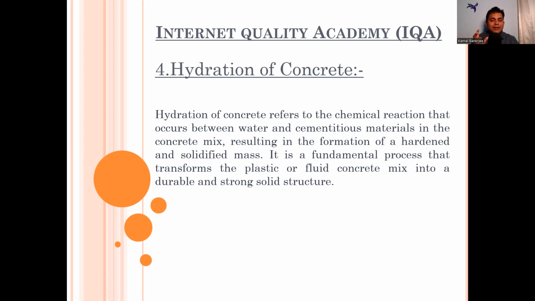We know that in cement we have different components, that is C4AF, C2S, C3S. These two, C2S and C3S, are mainly responsible for the strength gain, and they start working immediately after adding water into the concrete. So different components of the cement react differently with the water and make a hardened paste. And it is the fundamental process that transforms the plastic or fluid concrete mix into a durable and strong solid